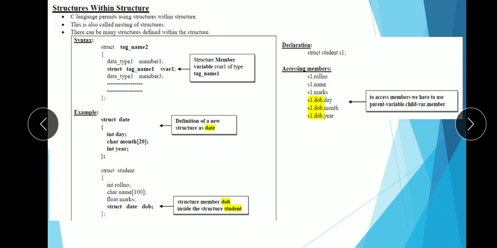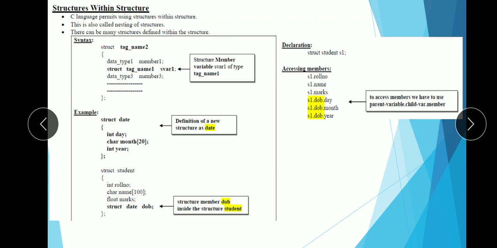I cannot say S1 dot DOB. If I say S1 dot DOB, then the compiler will not understand whom I am pointing to, whether I am pointing to the date or day or month or the year. Compiler will get confused. I have to specifically specify whom I am referring to, whether I am referring to the day or the month or the year. I want to access whether day, month or year.